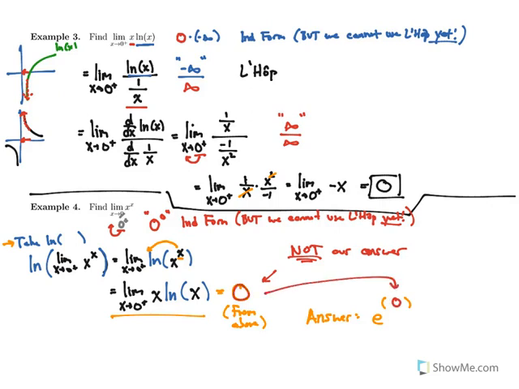And that's to get rid of the natural log at the beginning. This is equal to 1. And that's our answer. The reason we can do that is because if we take e to the natural log